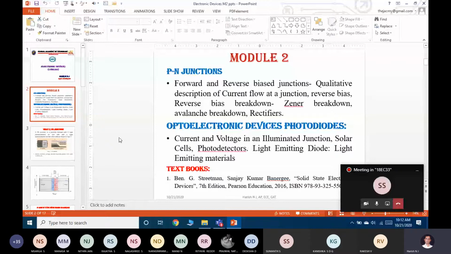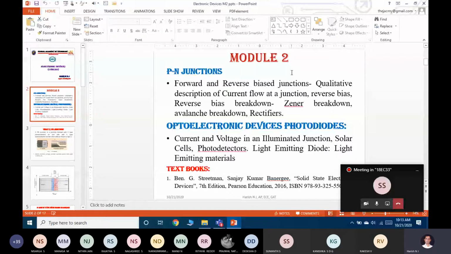Anyone, will you tell me the forward bias condition of a PN junction diode and the reverse bias condition of a PN junction diode? Along with the definition, you have to mention the parameters of forward bias as well as reverse bias. When the diode becomes forward biased, what are the parameters? And when the diode becomes reverse biased, just mention the ideal values, not exactly the practical values, like forward resistance, cut-in voltage, these things.